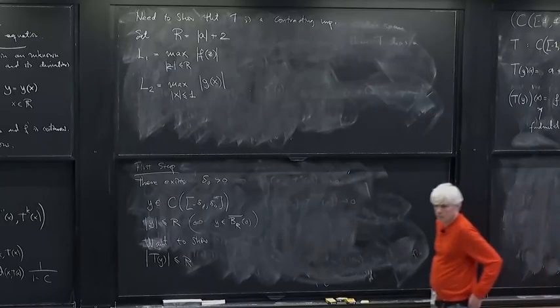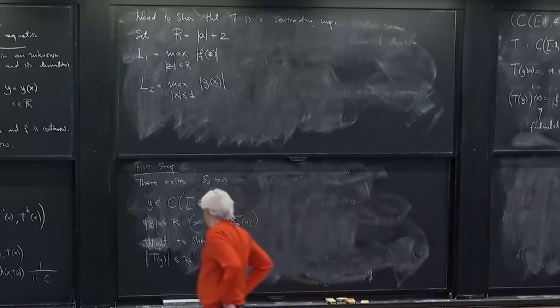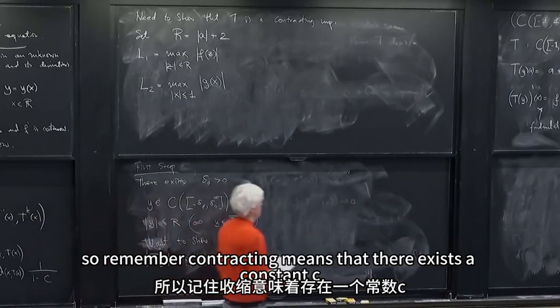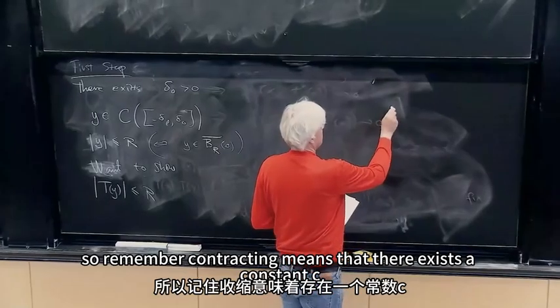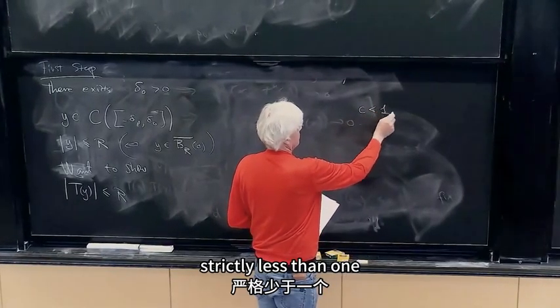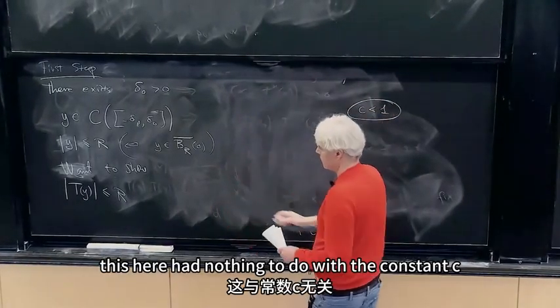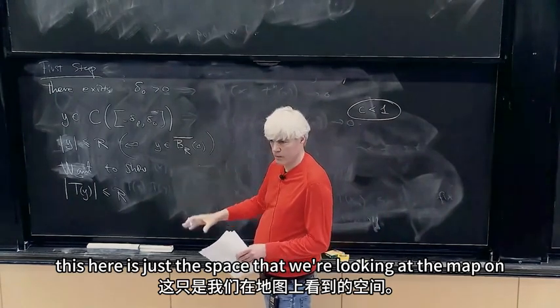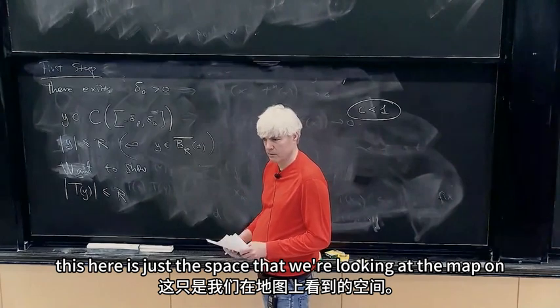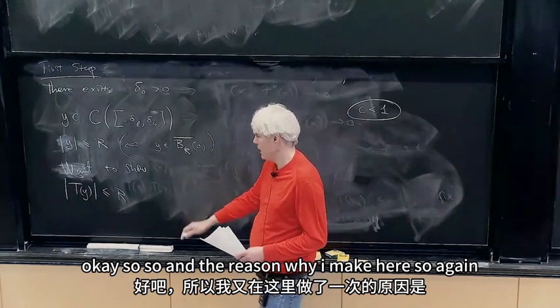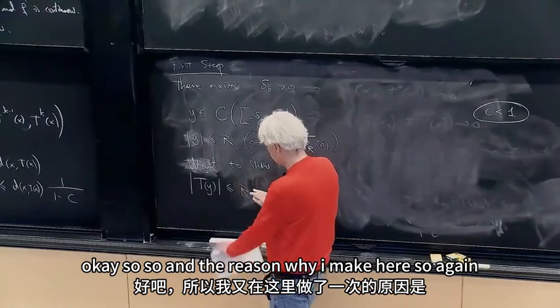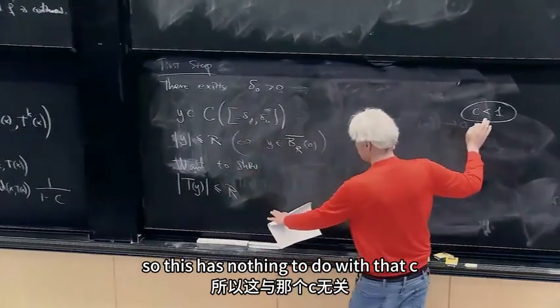Where to be contracting, do we need it to be strictly less than? So remember, contracting means that there exists a constant c strictly less than 1. This here had nothing to do with the constant c. This here is just the space that we're looking at the map on. So the reason why I make this, so this has nothing to do with that c, but the